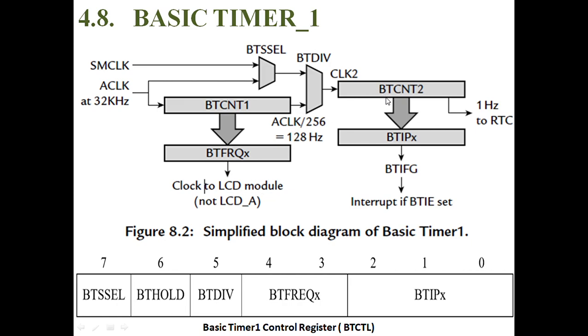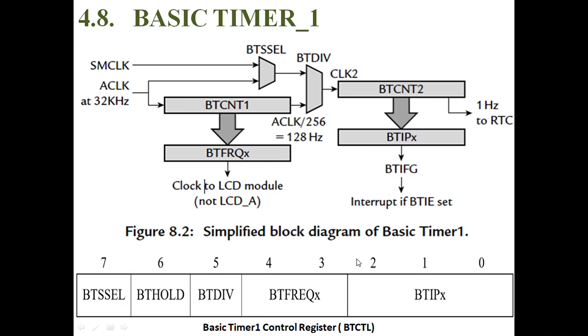Next, basic timer counter 2. It's sourcing from the submain clock, auxiliary clock. Sometimes it is cascading from basic timer counter 1. If it is used as an 8-bit timer or counter, at that time it is sourcing from the subsystem main clock and auxiliary clock. If it is used as the 16-bit timer, it is cascading with counter 1 and provides the 16-bit counting value.